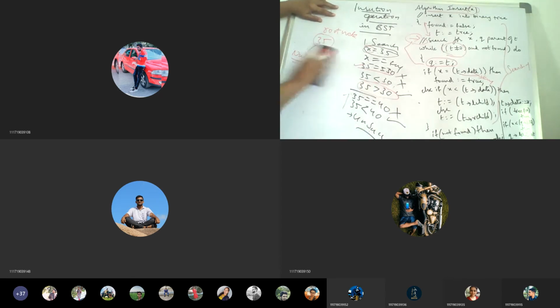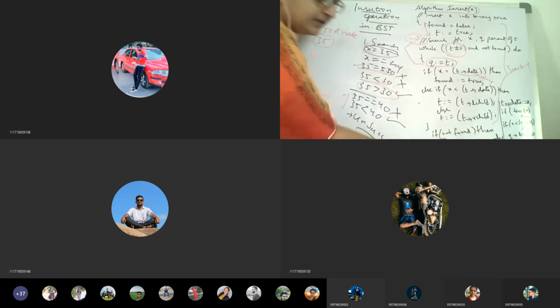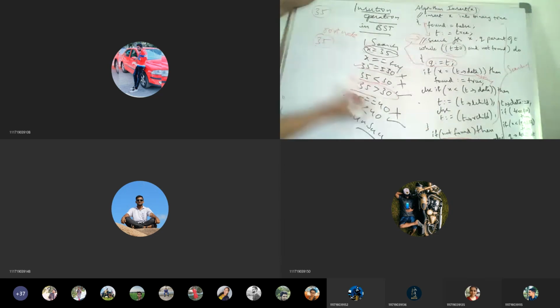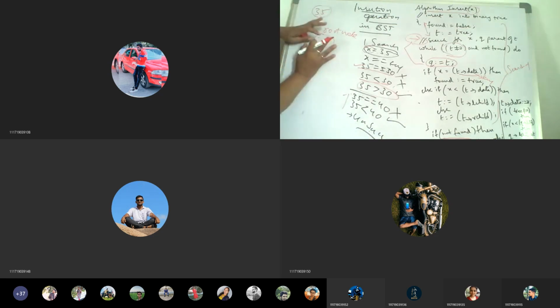Okay, but here what exactly are we doing? So this is the example. If not found, what exactly are we doing? T is equal to new tree node. So a new tree node will be considered. There is no existing tree. So if not found, no existing tree, in that case what do I do? I create a tree structure by taking a new tree node, and for that tree node, its left child will be 0 and its right child will be 0, by taking the value at that node.